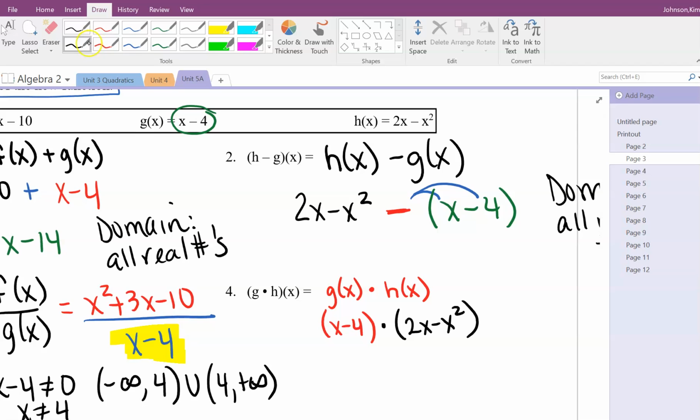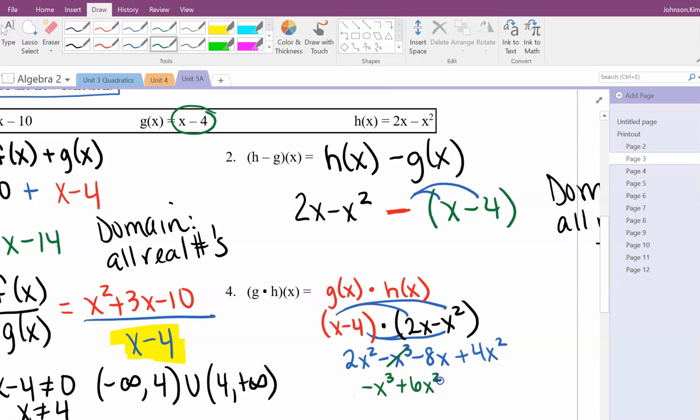Okay, and we know how to multiply binomials with each other. So if I were to multiply this out, I get x times 2x is 2x squared. X times negative x is negative x cubed. Negative 4 times 2x is negative 8x. And negative 4 times negative x squared is positive 4x squared. Combining like terms, that gives me negative x cubed, 2x squared plus 4x squared is positive 6x squared,